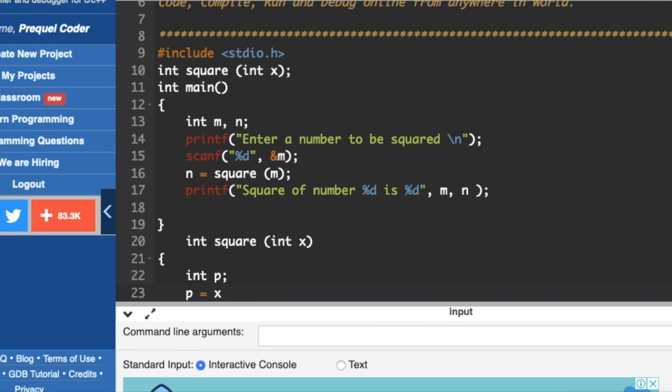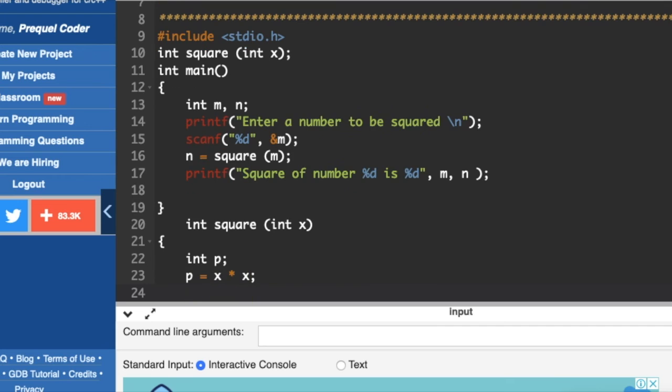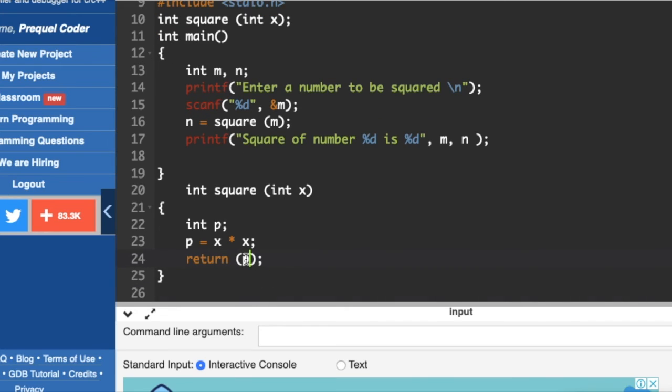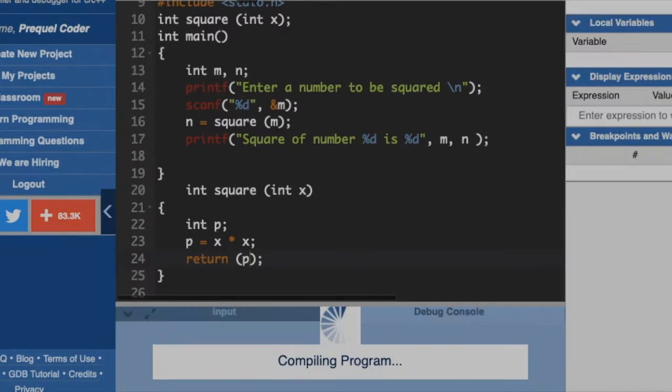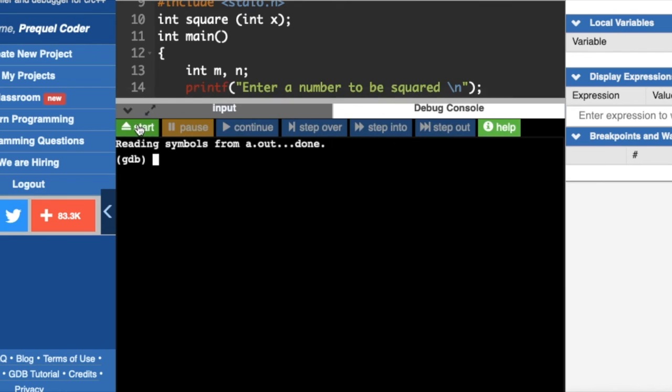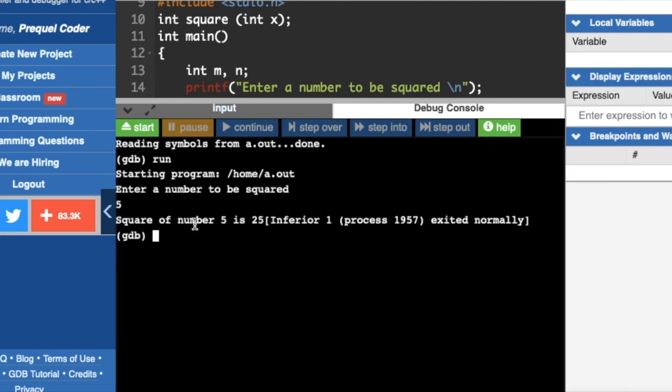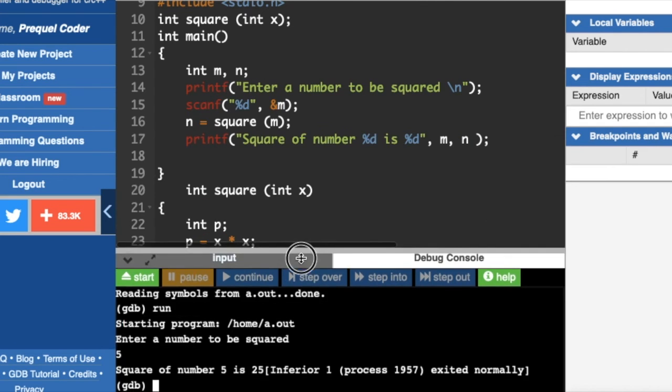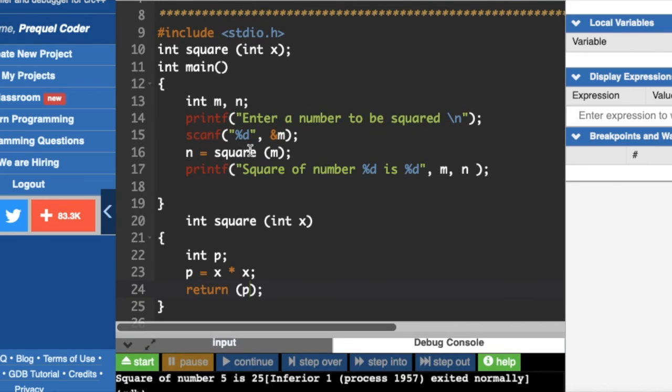Now let us take another piece of statements and declare something here also. So here I am going to declare this statement and just return p. If you are going to return 0, then the number you are going to print will give you 0. So if you return the value p, the number you are going to print is assigned to p, and you will get the output accordingly. Okay, let me just check it for 5. The square number of 5 is 25. Hope my code is very clear.